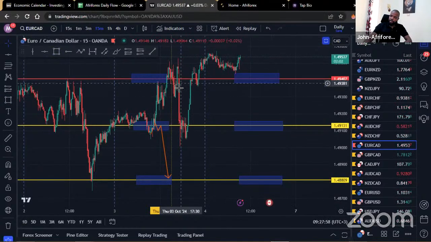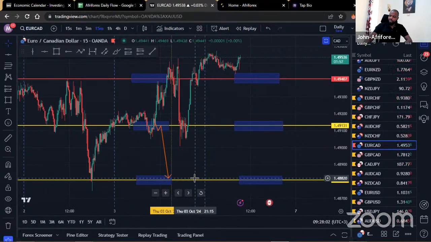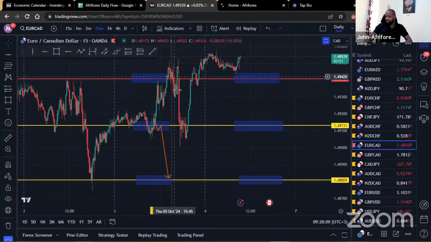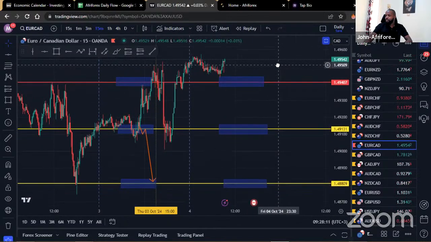Because you can imagine when the market came down here, anyone would have thought that the market was going to come down till within here. And you can get excited, forget to manage your trade, only for the market to actually come back in within that region right there, and you're stopped out and you possibly come out with nothing. So that's the nature of the game. So you always need to make sure that your game is always on point.